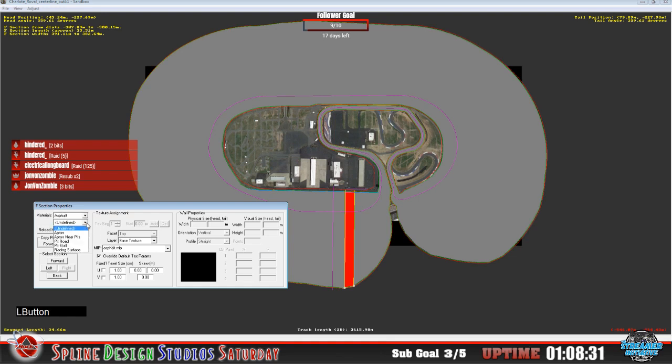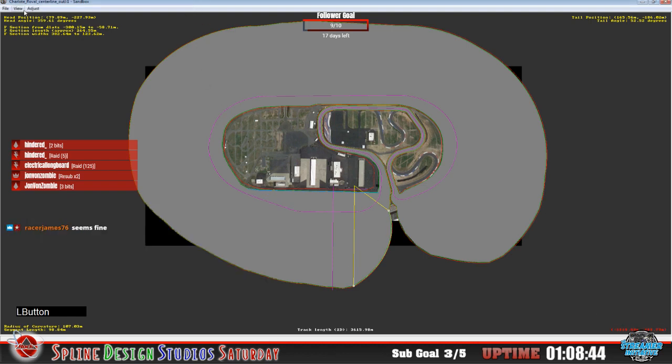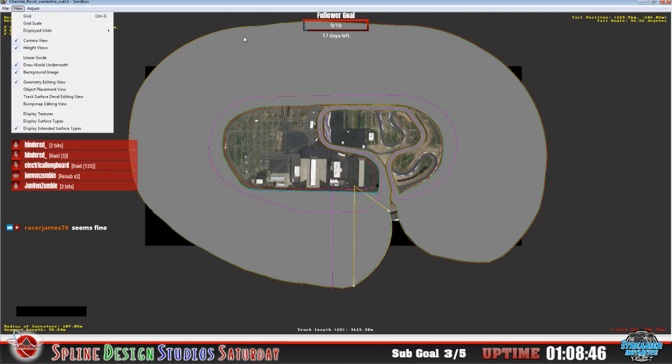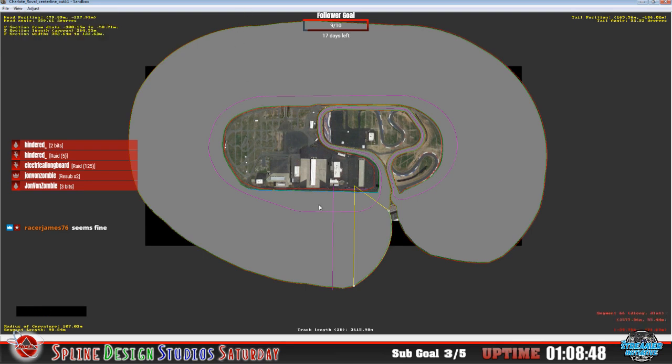Okay, so yeah, we don't want this as undefined. We're going to keep it for now as racing surface up until we get our additional F sections and whatever applied, once we define our pit road and such. And we have the ability to turn these off. So the fact that we can't see our background image,